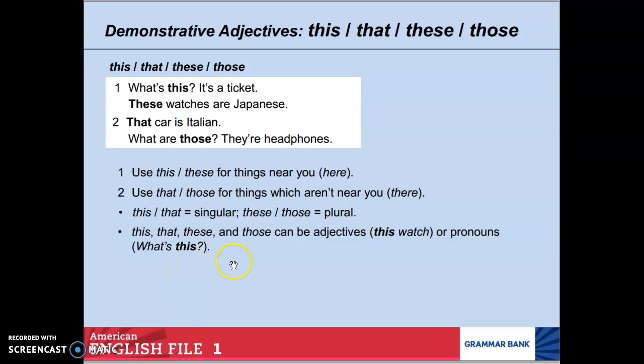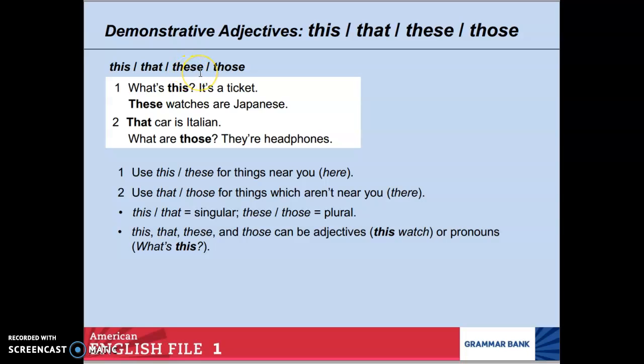Well, this week we're going to study the demonstrative adjectives in English. And those demonstrative adjectives are this, that, these, those. In Spanish, they will be equivalent to esto o esta, that, eso o esa,